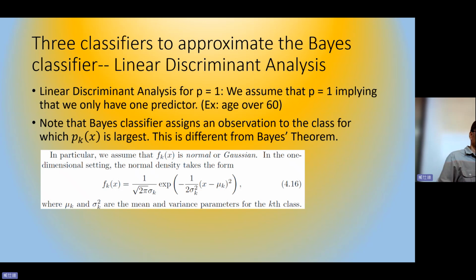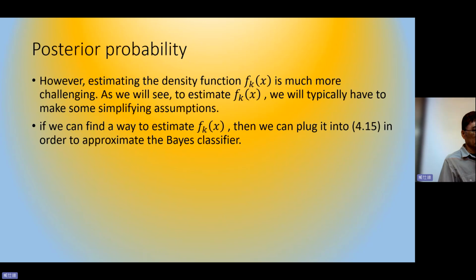What we are talking about right now is the f_k(x). This is about the posterior probability. So the problem is how to estimate the density of f_k(x). This is the very challenging job